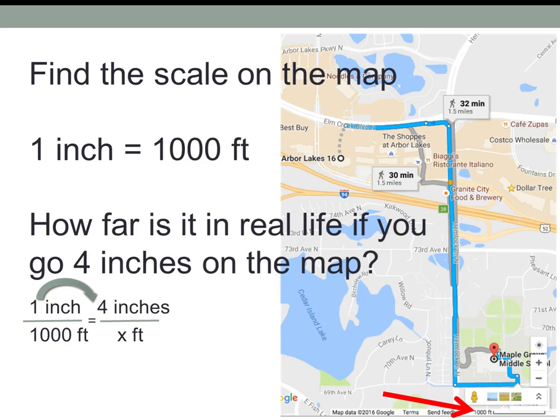I'm going to multiply that by 4. So whatever I do to the numerator, I'm going to do to the denominator. So I have my denominator. I'm going to multiply that by 4, and I get 4,000 feet. So if I'm going to go 4 inches on the map, I'm traveling 4,000 feet in real life. So that's how I can use my scale to help me make decisions about stuff that's happening in the real